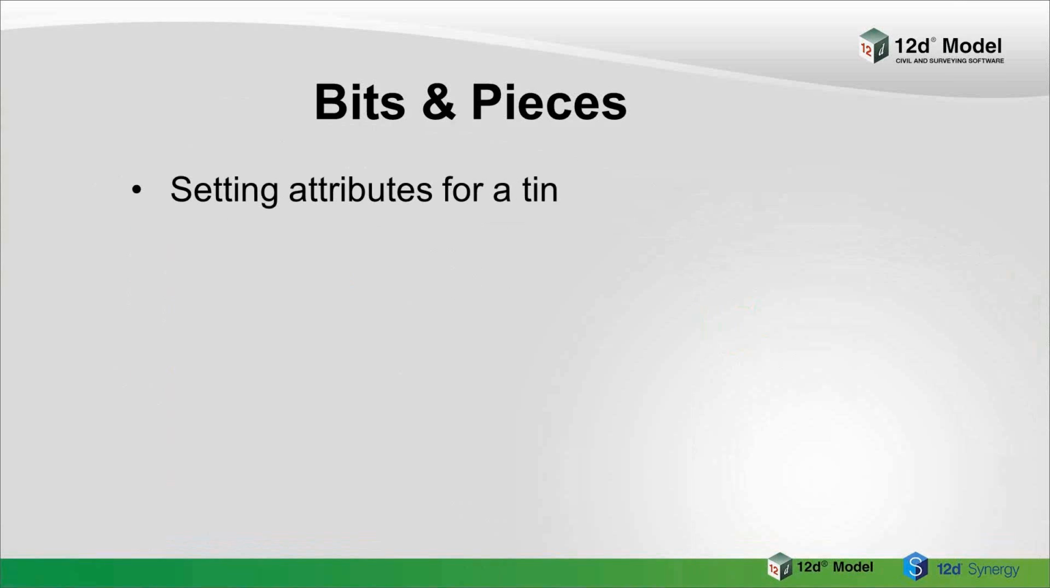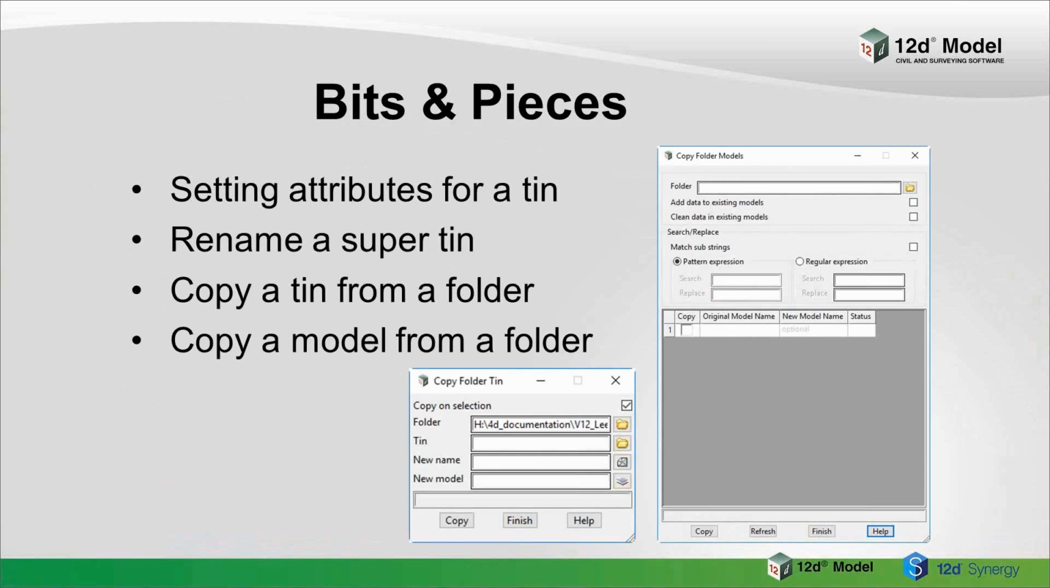With tins you can set attributes, and we'll see attributes a lot today in the end parts 2 and 3 because they're becoming so important for doing other things with. You can rename a super tin. You can also copy a tin from a folder and a model from a folder. What this is all about is that you can't, or you shouldn't, and if you do, you'll screw up 12D model. You can't just copy something with Windows, a model or a tin, into your project. It'll overwrite the existing one, and all the IDs will get out of order,